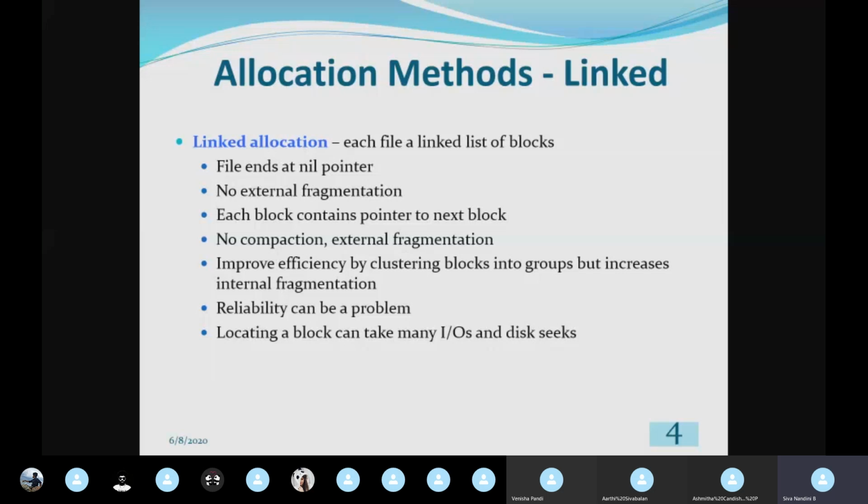If we have a file of 100 logical blocks and we need to access the 90th logical block of the file, we have to go from the first logical block to the 90th logical block. So it will take more time, and it leads to a large amount of disk seek time. So it is somewhat a drawback of this linked allocation method.